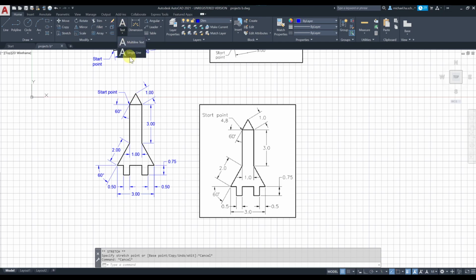For text, you have 2 options, single line and multi-line. Multi-line has more functionality than single line. If you do single line, you can follow along here. Select the start point. Let's say I want to add a text underneath here, and then it says specify height. Point 2 is fine. Just press enter. And rotation angle of the text. Default is 0. You just press enter to accept that. Then you can type. I'm gonna press caps lock and type shuttle. Okay, and click somewhere outside,